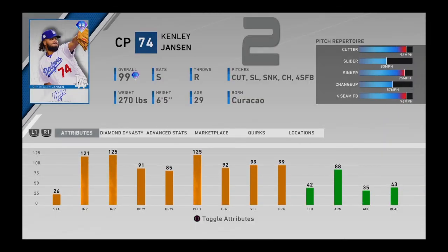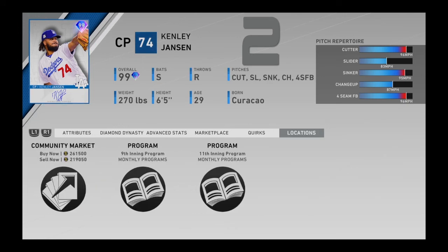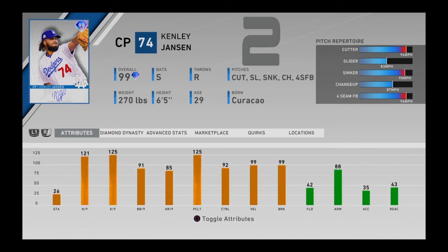At number 2, I got 99 overall, Kenley Jansen. Now, this card is one of the best in the game without a doubt, being a 9th inning program boss. Goes for a ton of subs, and he's absolutely worth it. Cutter, slider, sinker, changeup, fastball. Of course, that cutter is deadly from Kenley. Same with the sinker, same with the fastball. Only problem is